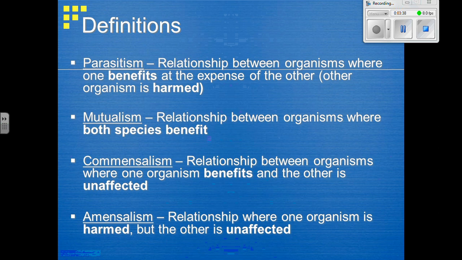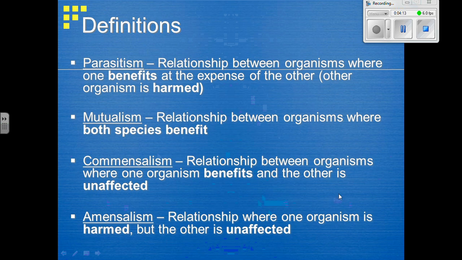Our example in the notes is the remora fish and the shark. The remora gets a free meal by licking off all the stuff on the shark, and also gets transport from the shark. The shark is unaffected, as the remora does not eat until the shark has finished its meal. So the fish gets food, the shark, nothing happens to it, and life is good. Come up with your own example of commensalism. You can either look it up, or if you know one off the top of your head, go ahead and write that down.